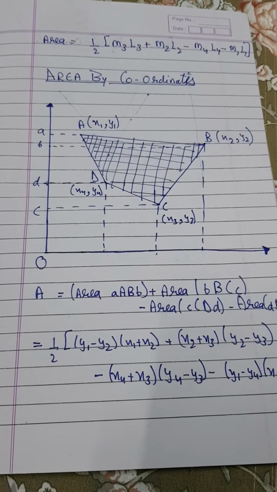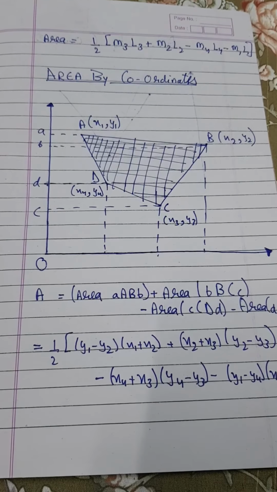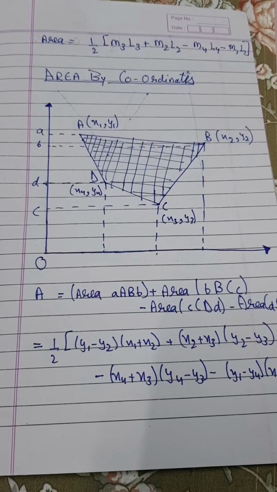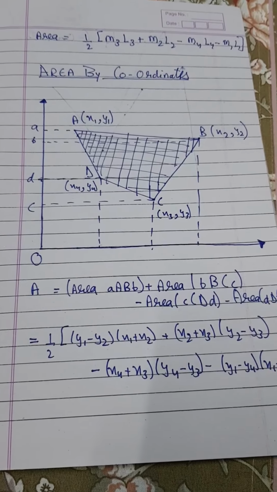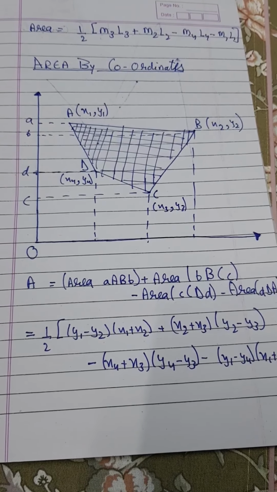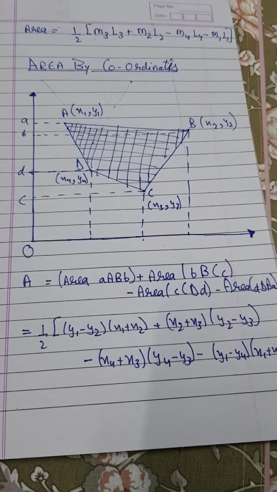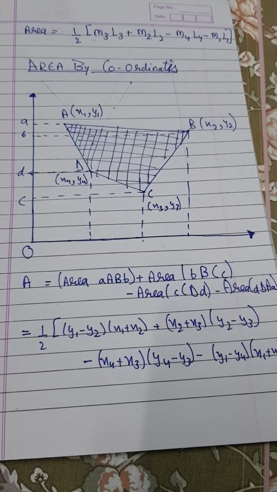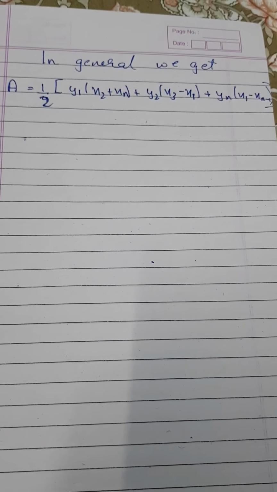That would be half y1 minus y2 into x1 plus x2, plus y2 minus y3 into x2 plus x3, minus y4 minus y3 into x4 plus x3, minus y1 minus y4 into x1 plus x4. If we generalize this, we would get A is equal to half